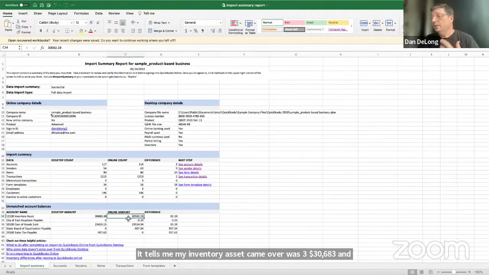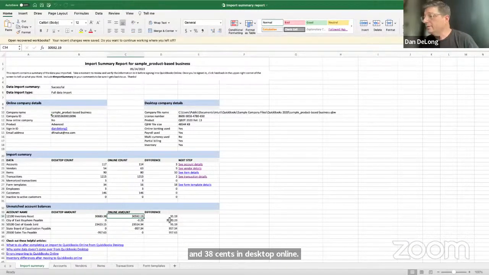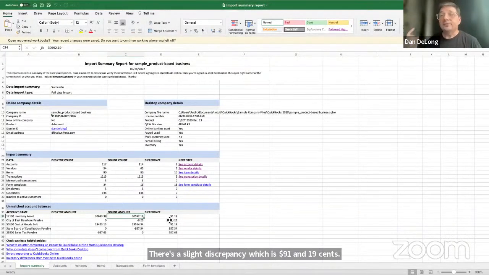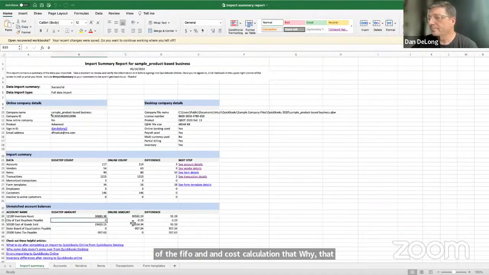Online, there's a slight discrepancy, which is $91.19. I'll bet you dollars to donuts that's probably because of the FIFO cost calculation. But now you at least have somewhere to look. And then you have your payables accounts with a 29-cent discrepancy.